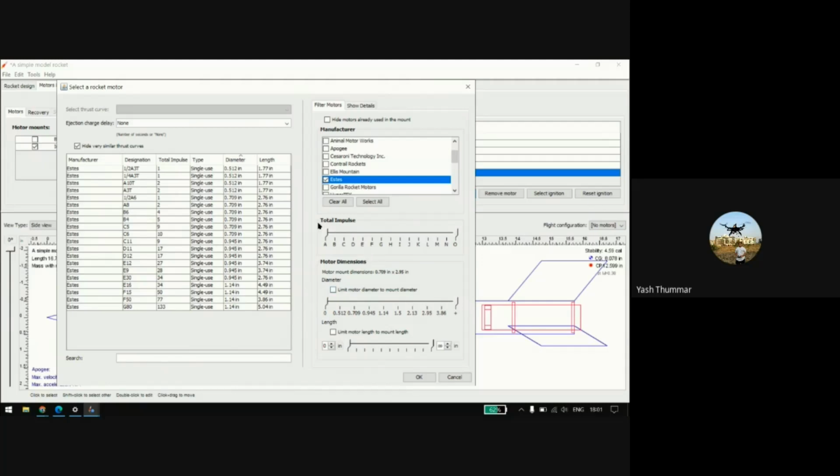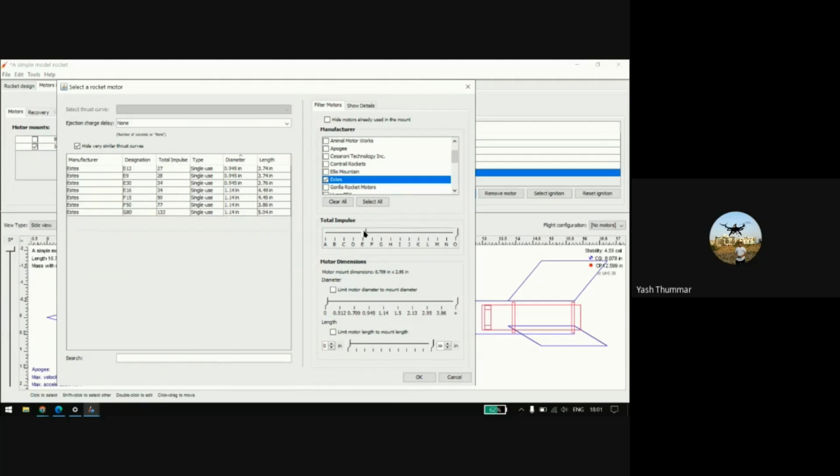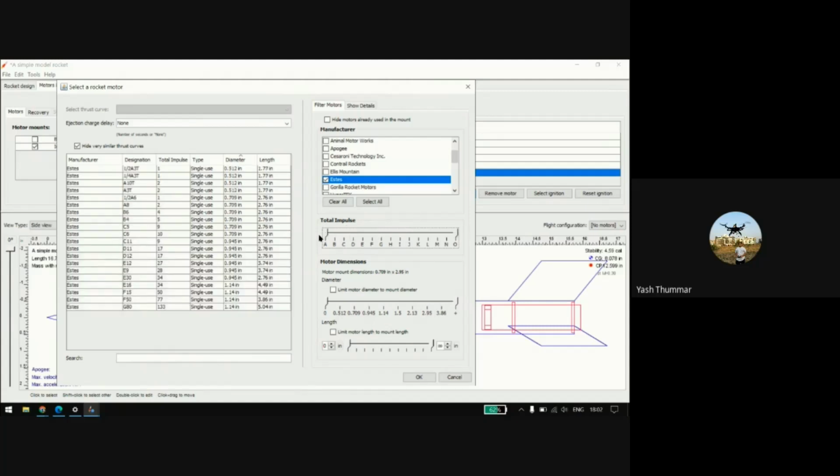You may directly change which kind of impulse from here, or you may also specify it here, so you can shortlist from here, or go directly from here.